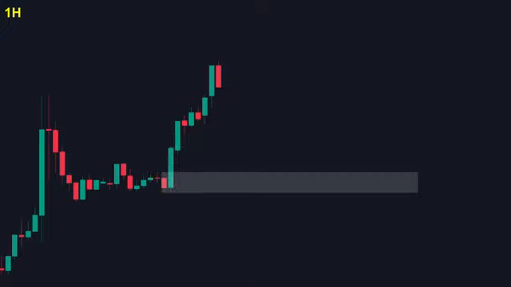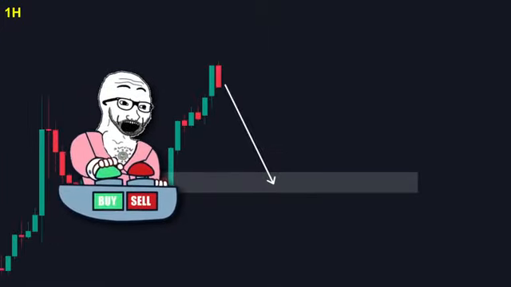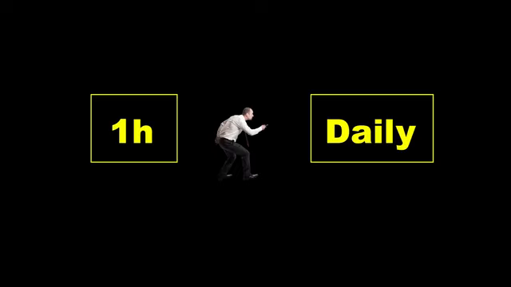The general approach is to wait patiently for price to tap into this zone, after which we zoom into the lower time frames to look for those specific confirmations and enter long trades with confidence. But first, let's check the higher time frame to ensure our analysis aligns with the bigger picture. This step is absolutely crucial for avoiding costly mistakes.